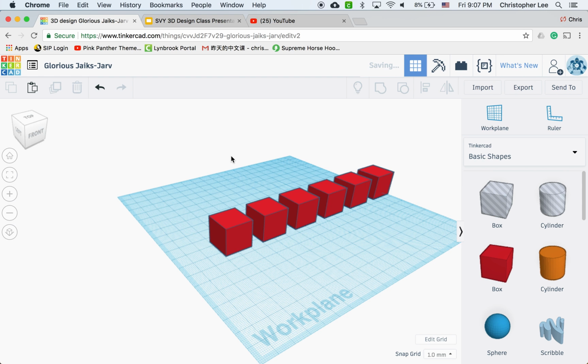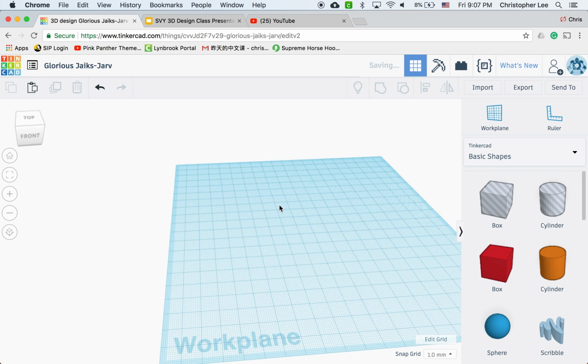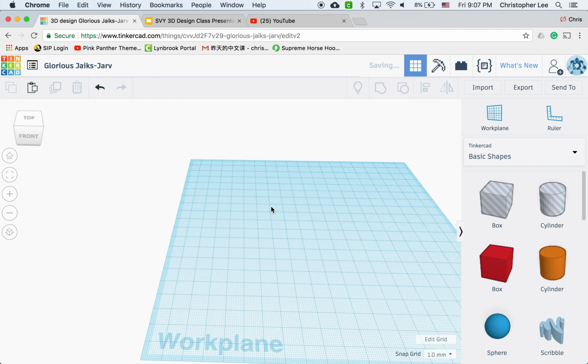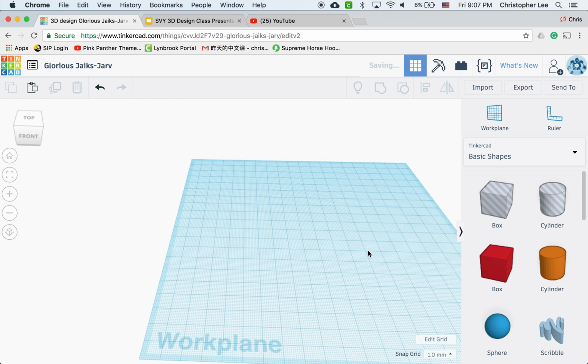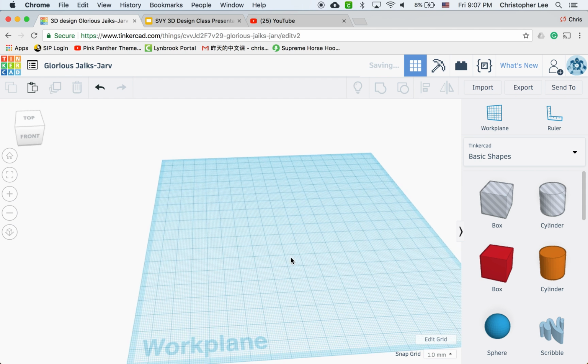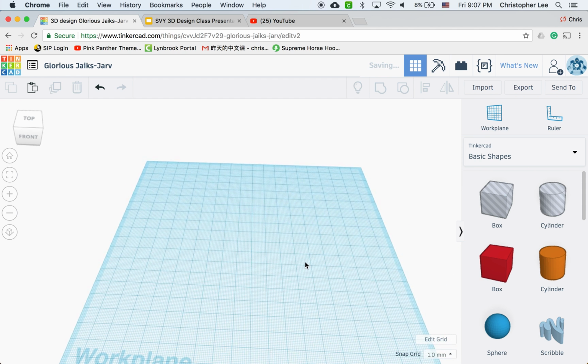And a warning that I want to make sure I tell you is just don't spam your smart duplicate button because it's gonna crash your computer if you have too many objects. Okay, so